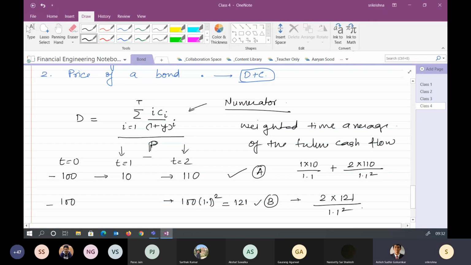Correct? Yes, sir. So this i is multiplied, that is how long you have waited. This i is already there. So if there is no intermediate payment, right, the duration would be higher. So I can simply say that this would be more as compared to this when I'm comparing these two.